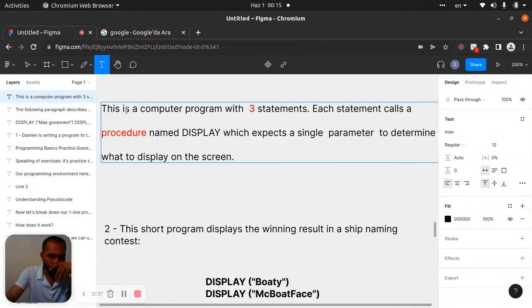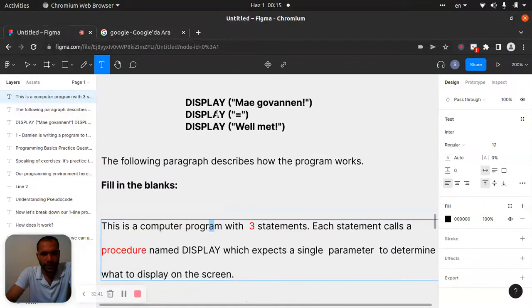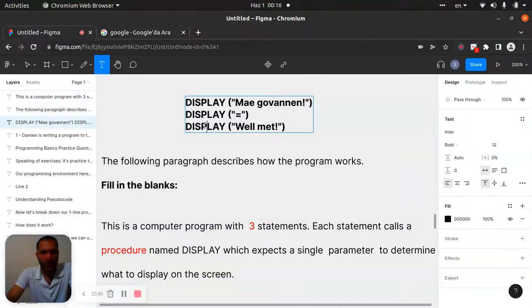Now let's look. This is a computer program with three statements: one, two, and three. Each statement calls a procedure, which is named display, and this parameter, the expression. So display, which expects a single parameter.